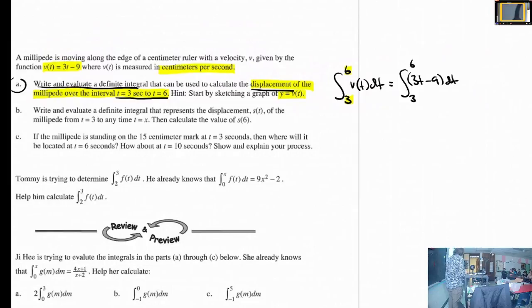3 to 6. 3 on the bottom, 6 on top. Yeah, bottom, so top. This is the right one. And then, I think he's thinking like when you find it, it goes... Oh, yes. If I was going to do that formula, which I'm not going to do here, but I am going to in part B anyway,